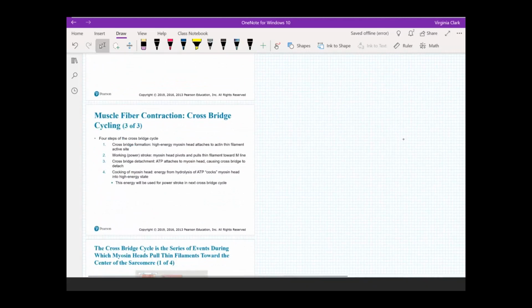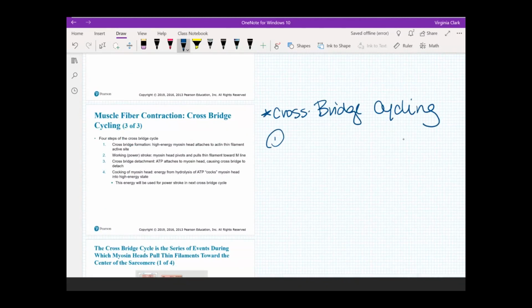So there are 4 steps to cross bridge cycling. The breaking and forming of these processes. So, cross bridge cycling, 4 steps. The first step is you will actually have formation of the cross bridge. So, cross bridge formation. You will make the connection between actin and myosin. So, this will be with the presence of